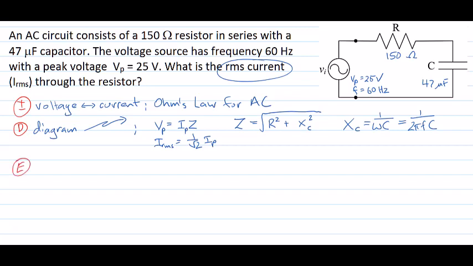The first thing we might like to do is to find out the value of that capacitive reactance. It's going to be 1 divided by 2 pi times the frequency, which we're told is 60 hertz, multiplied by the capacitance, which is going to be 47 microfarads. So we'll need to write that as 47 times 10 to the minus 6, keeping everything there in SI units. When we do that calculation, we find a value of 56.4, so that's going to be in ohms.